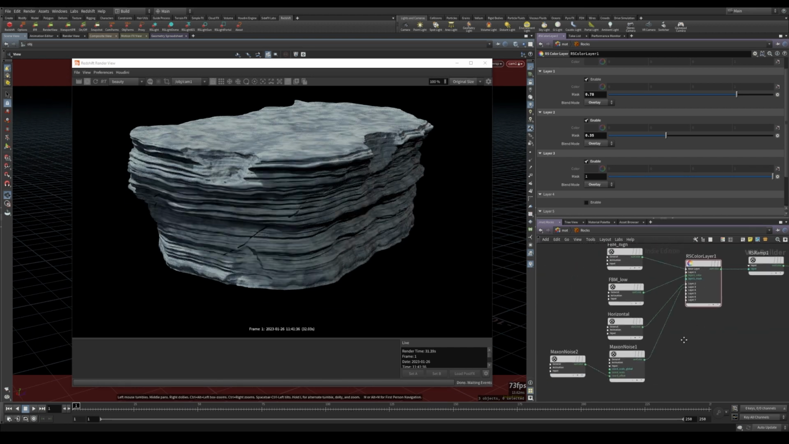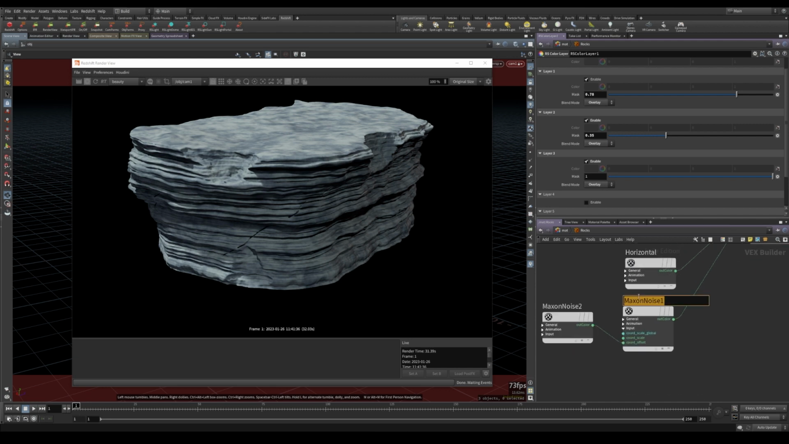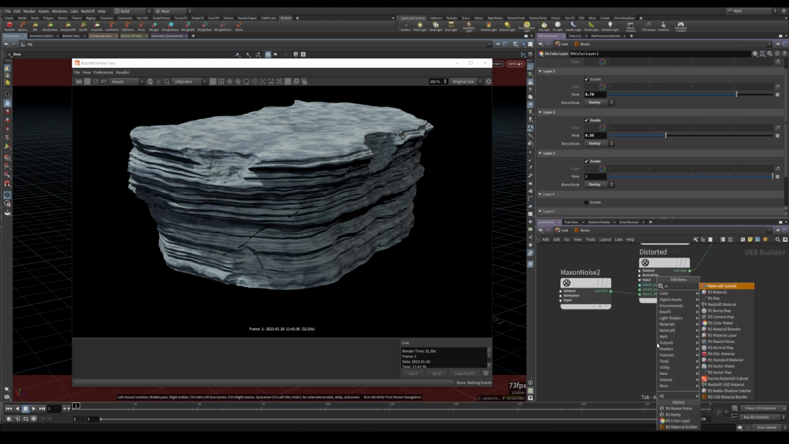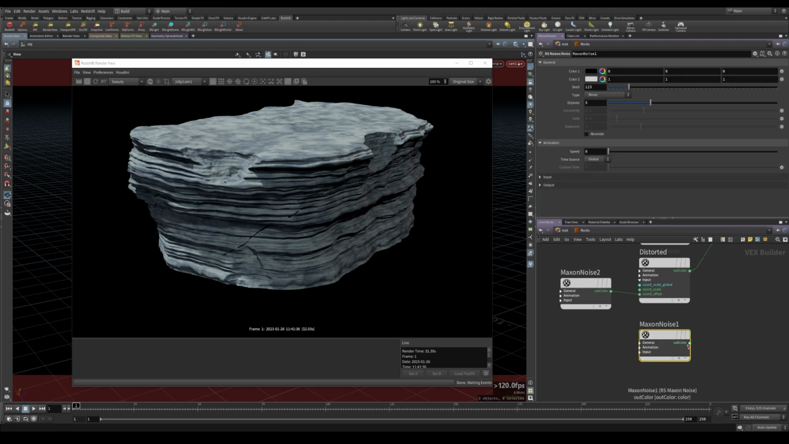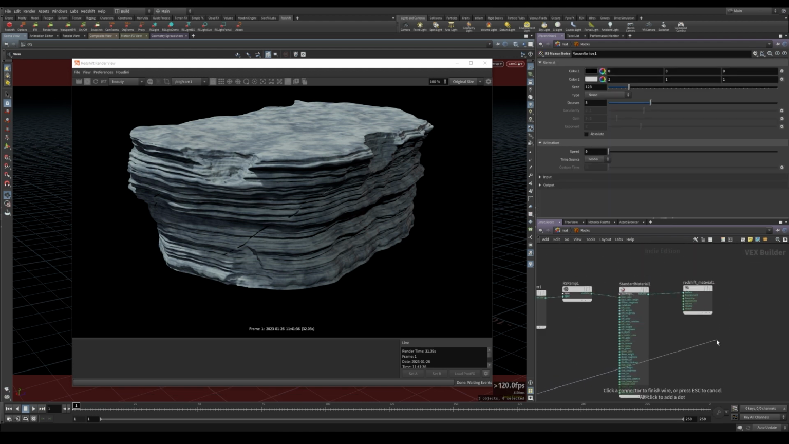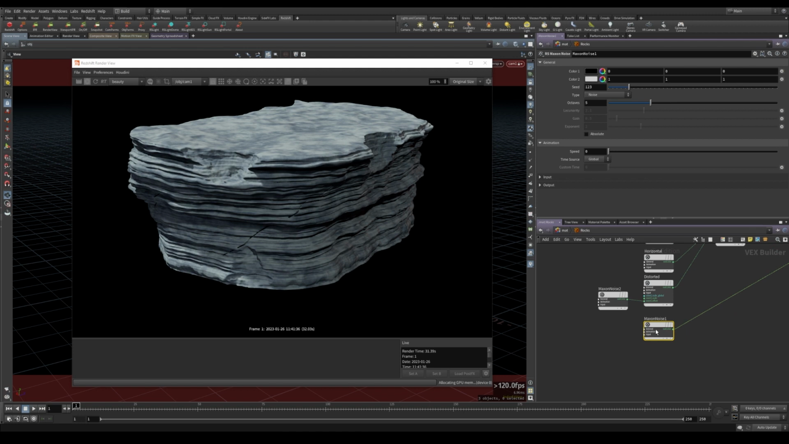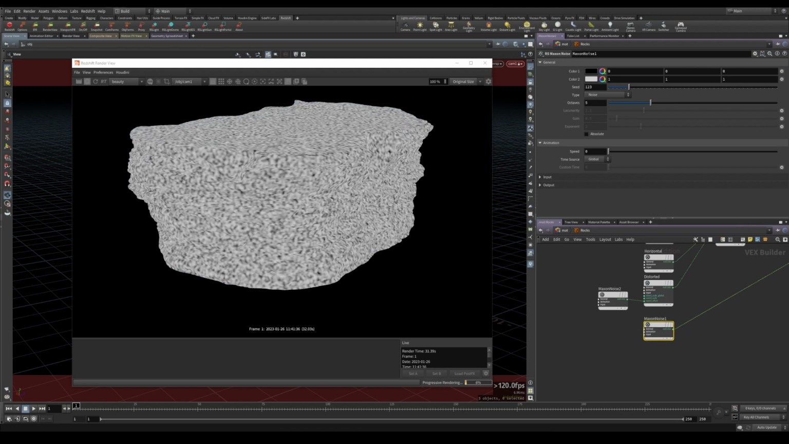Now for the final layer of this first layering operation, I want to create some small dark spots on the rock. So let's rename this other noise to distorted, and we want to drop down another maximum noise, connect it to the surface as always, and for this one we want to set it as turbulence. So let's find turbulence,